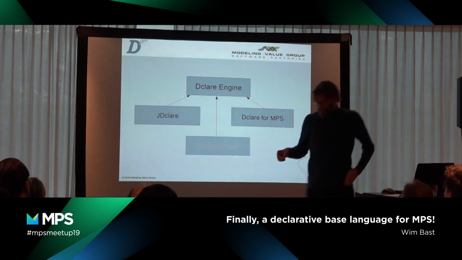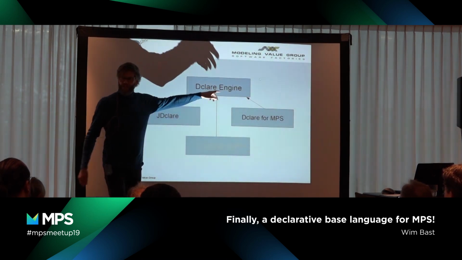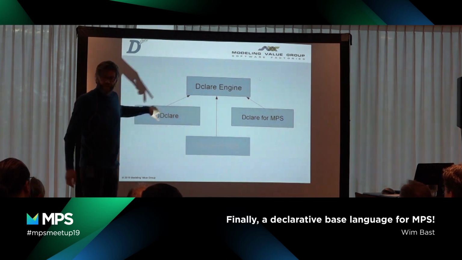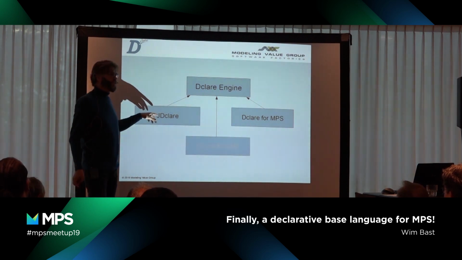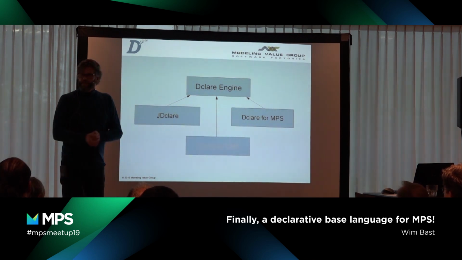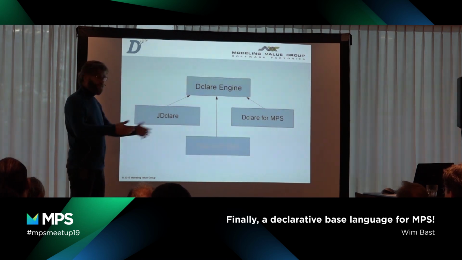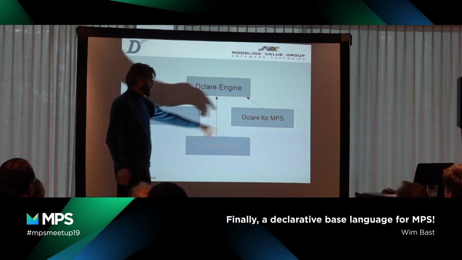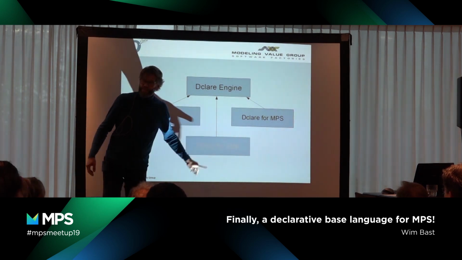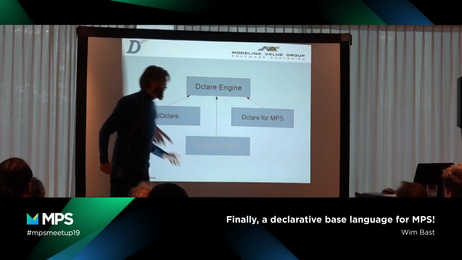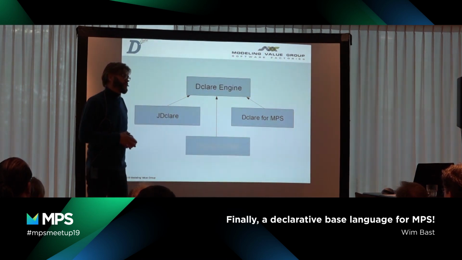Dclare itself has different flavors. There is a Dclare engine within Java. We have a kind of API which makes it very easy to write any kind of application in Java, so that you can use ordinary Java concepts to write declarative specifications. There is also an integration in MPS, that's the one that I'm going to demo today. And there's also one for EMF, although this is proprietary. So this is all open source, available. The EMF one is proprietary, and we run it for a couple of customers.